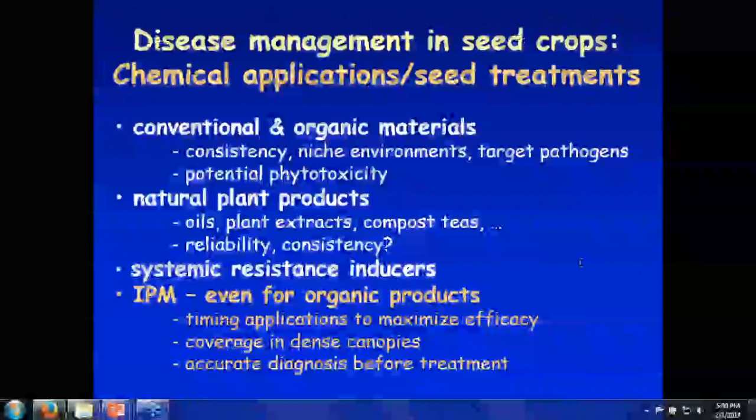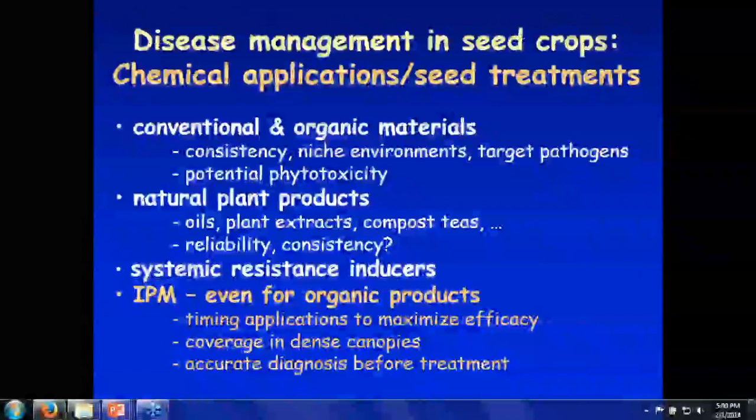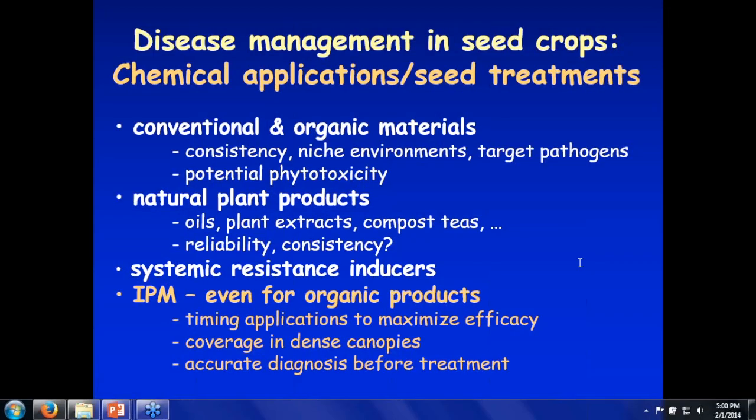Some really important things to consider if you are applying a product is when to apply it. I've run across situations where growers are applying the right kind of product for managing a particular disease, but putting it on at a time that's going to have absolutely no effect. So think carefully if you're going to be using a product. Are you putting it on at a time when that pathogen is vulnerable and susceptible to being impacted by that product? And if you're dealing with seed crops, they often have a very tall, dense canopy. Are you getting that product on with enough volume of water to carry it down into the canopy where the disease pressure is highest? And that can be very difficult.